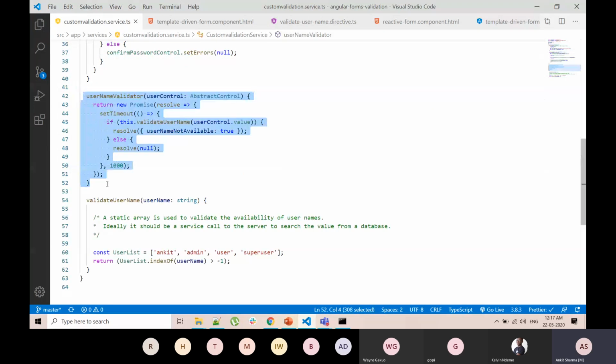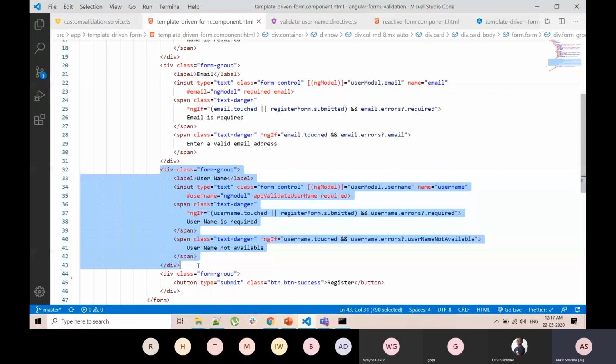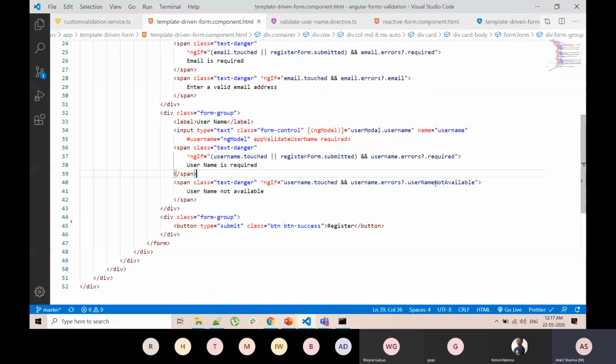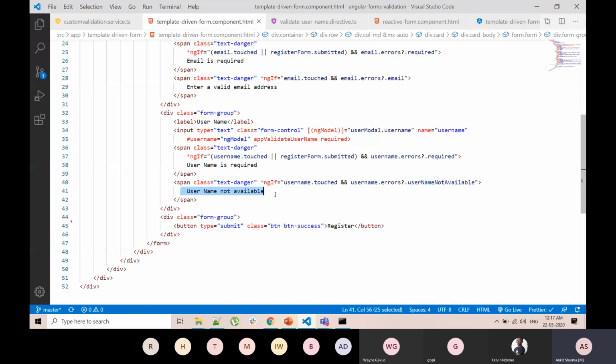This method returns a promise, checking if the username is available or not, and the same value which it returns will be set to our form control. Based on that, true or false, we get username not available. You remember this particular property we have defined over here, so based on this we will show our error message.